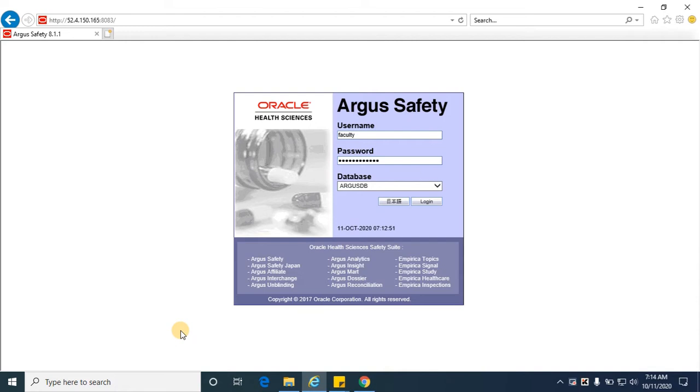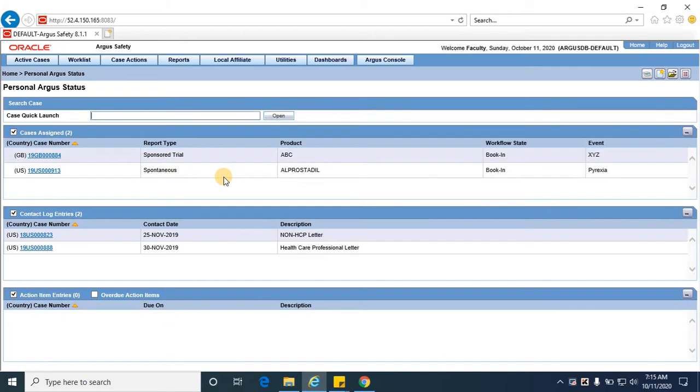In the previous two sessions, we saw the introduction of Argus Safety, how we log into Argus Safety, and several other menus like active cases and case actions. In this session, we are going to talk about the worklist menus, and we have also seen how to create a case in Argus Safety in the previous sessions. So coming to